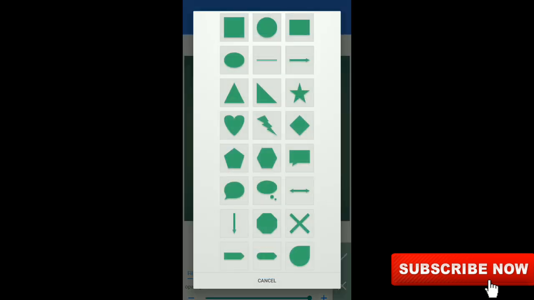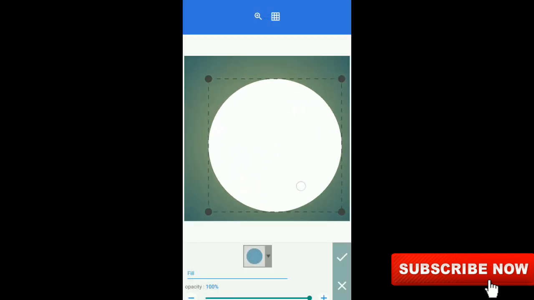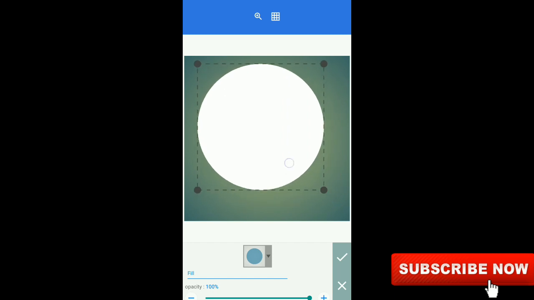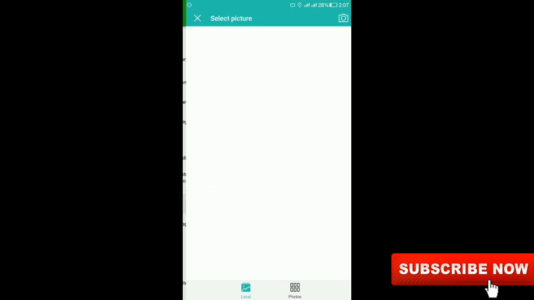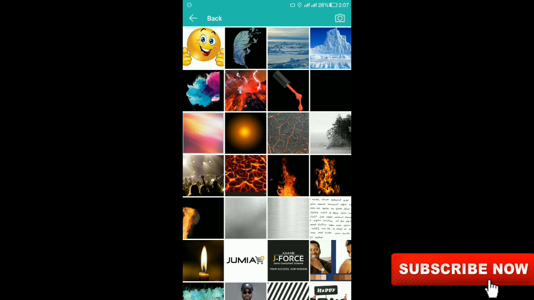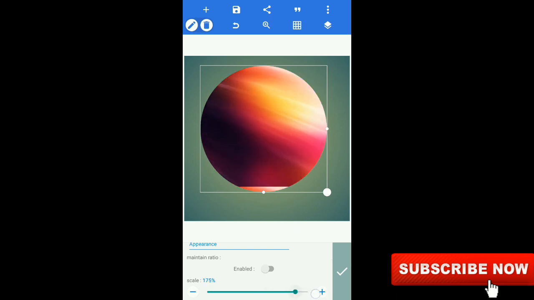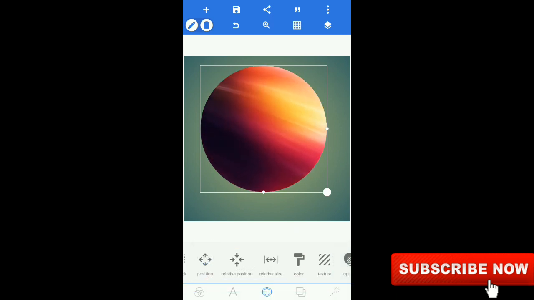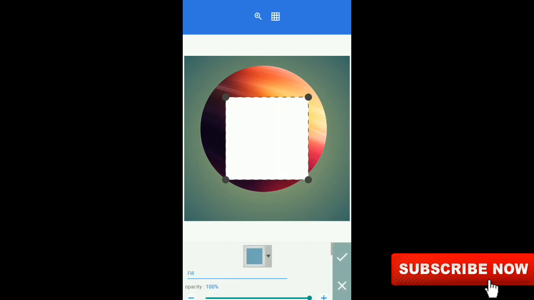add shapes, circle, texture, and you add shapes again, circle,